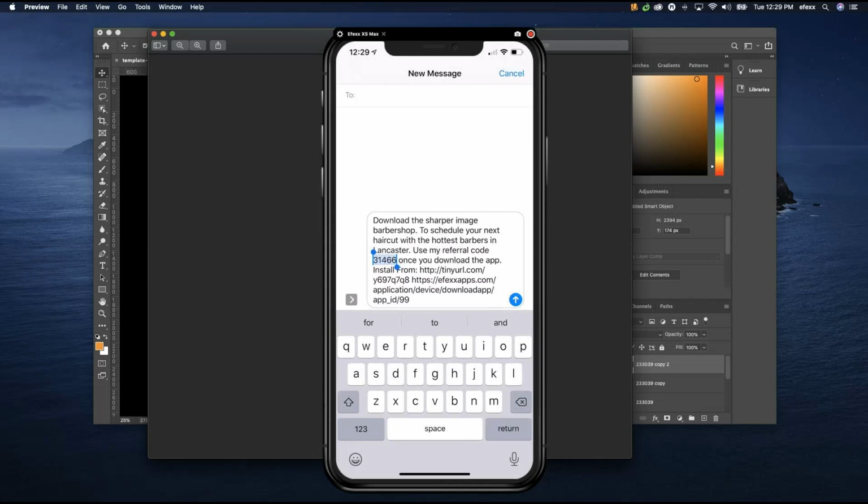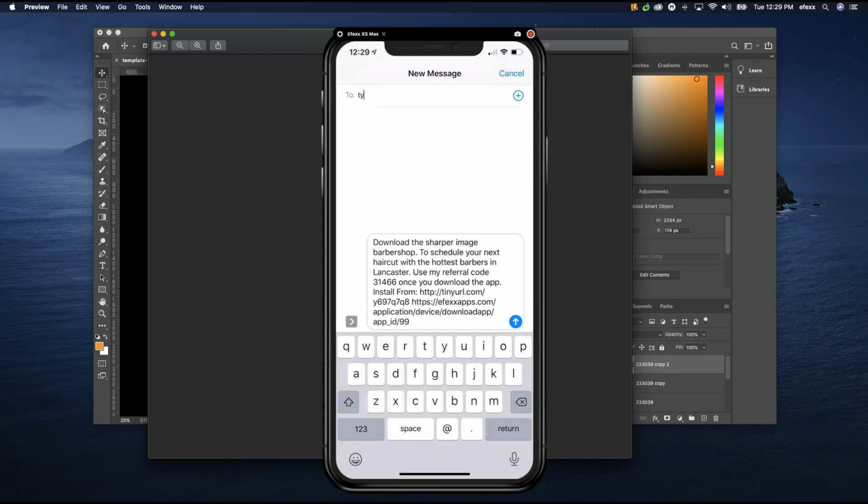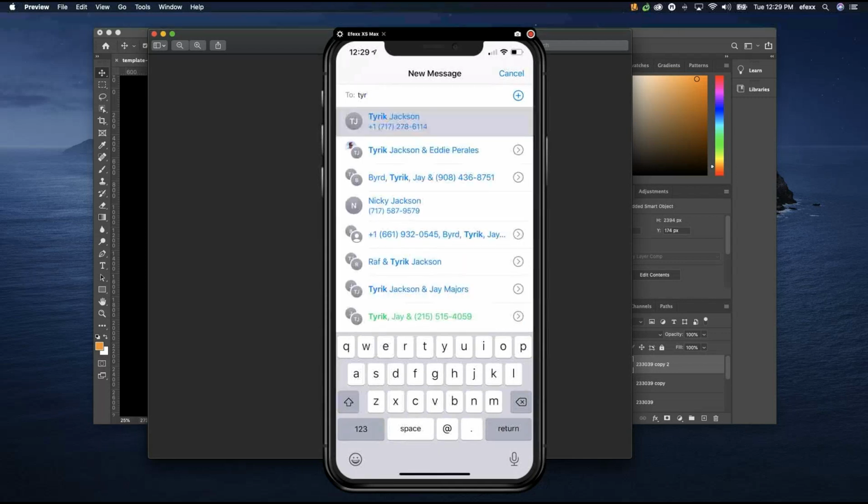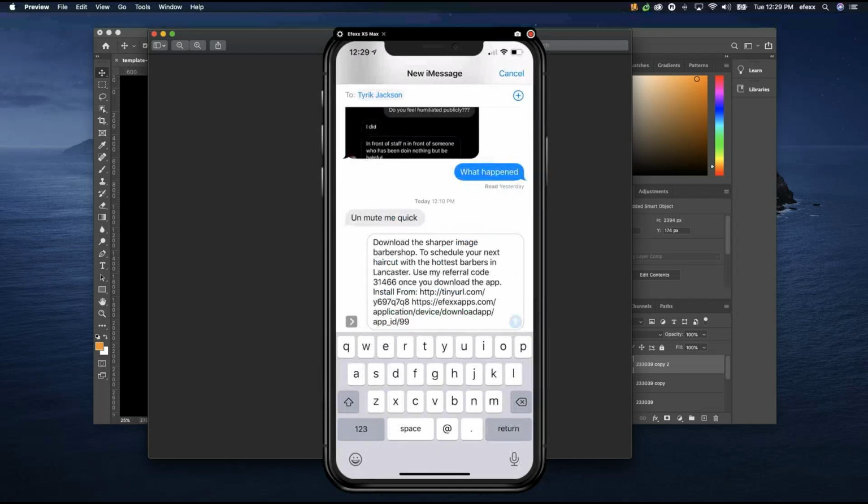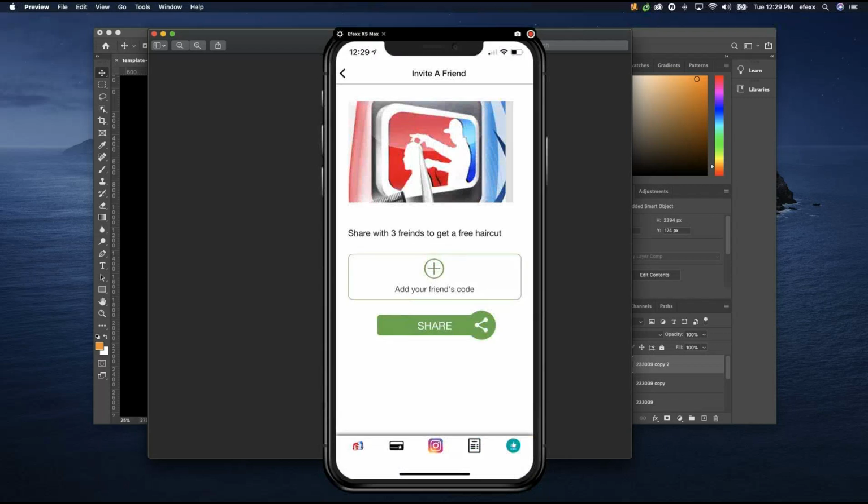Okay. So right now I can send this to my friend. I'm going to send this to Tyreek. Okay, Tyreek, there. Boom. I just texted Tyreek that message. Now, what Tyreek will do is he will download the app. He'll come into the app, and right here, where it says add your friend's code, that 31466,